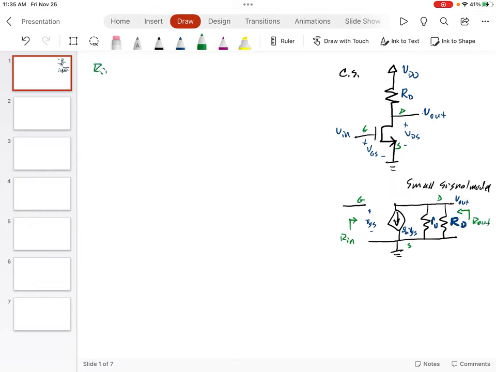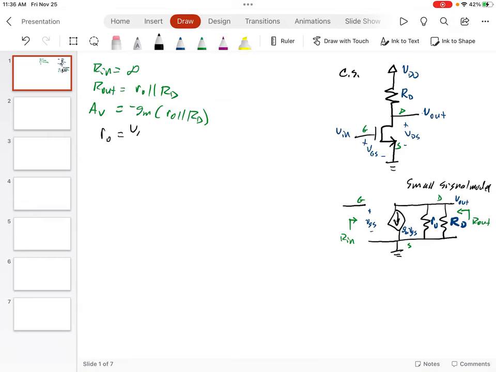And so R in is just infinite because it's an open circuit here on the gate. And R out is just R naught parallel with RD. If we ignored R naught, then it would just be RD. And then the gain, not going back to the signal generator, but including the input resistance, which is infinite, is just minus GM times R naught parallel with RD. So it's very easy to calculate and find that. And R naught,